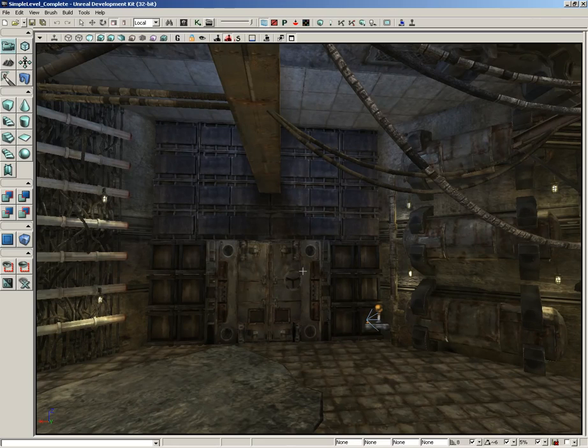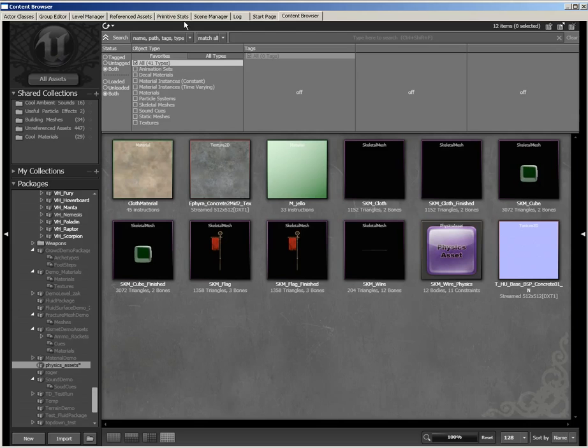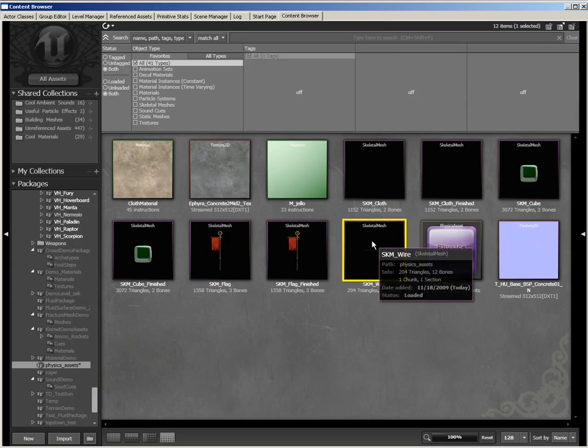Now we're going to do this using the physics asset tool, or FAT. Now let's start off inside the content browser. And here we are inside the physics assets package. Now this package already has completed versions of everything that we're going to build as far as our physics stuff is concerned. But what I'm going to do is start off with our SKM wire,